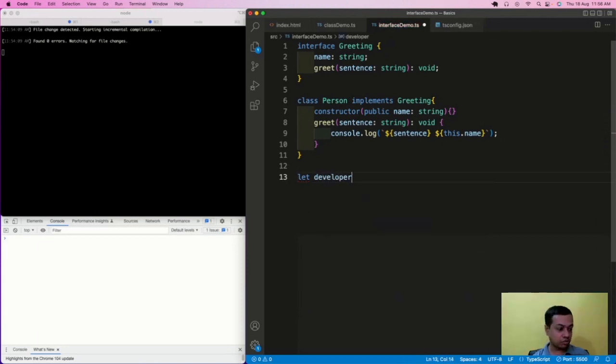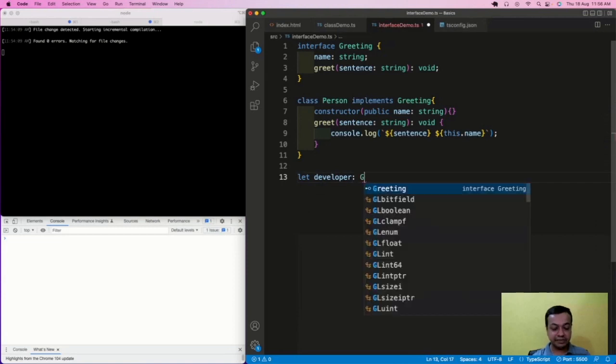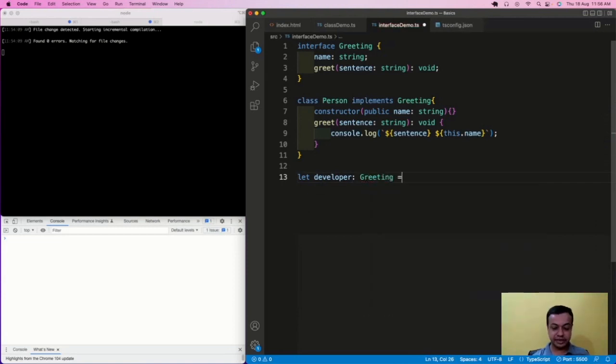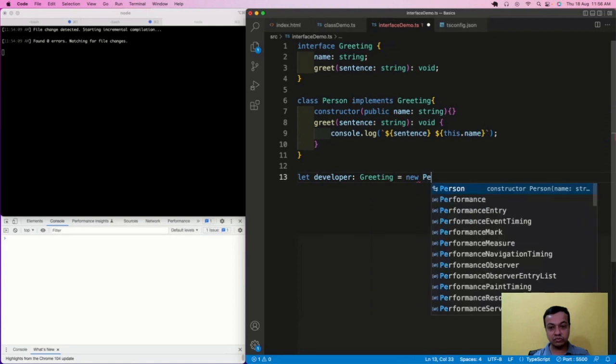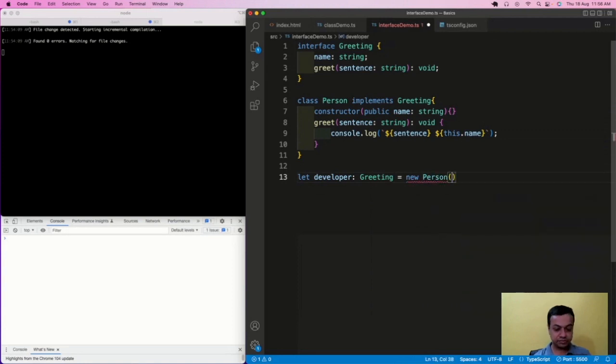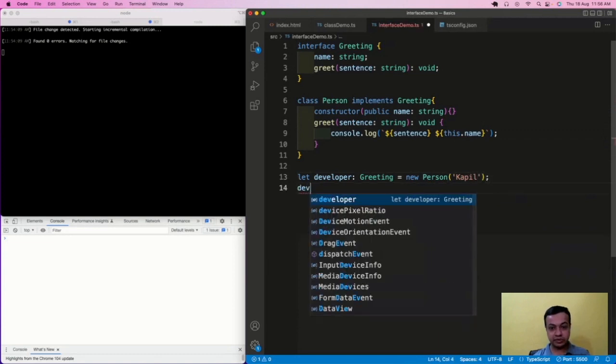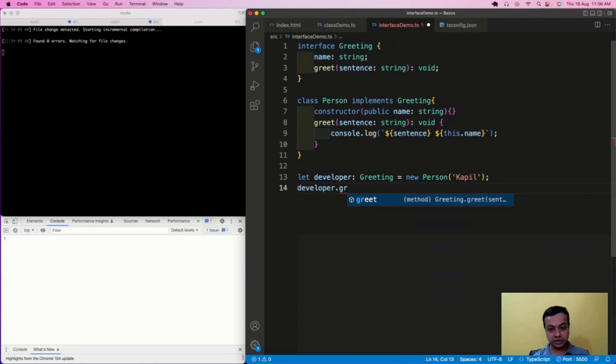This developer is an object, and here again the interfaces can be used, which is of type greeting equal to new person Kapil, and then developer dot greet